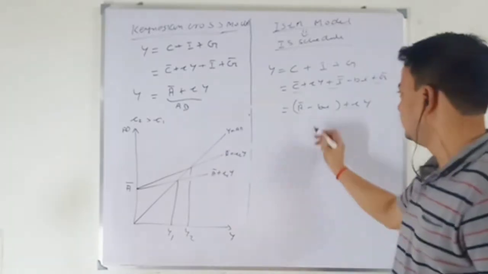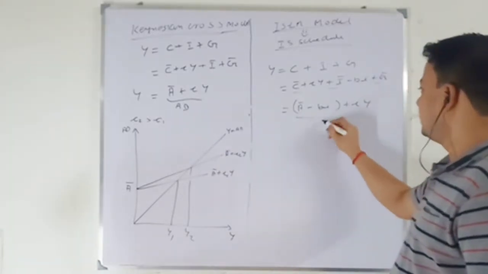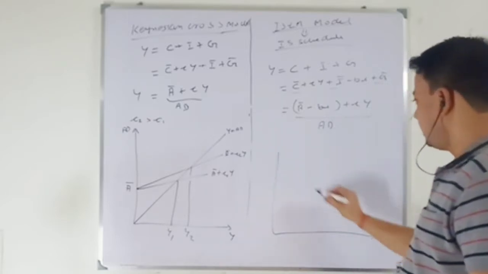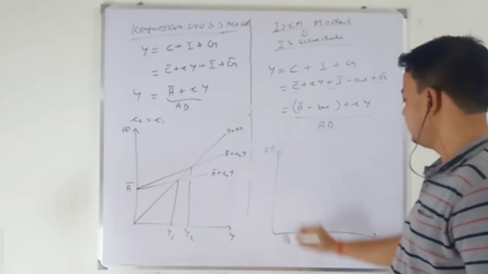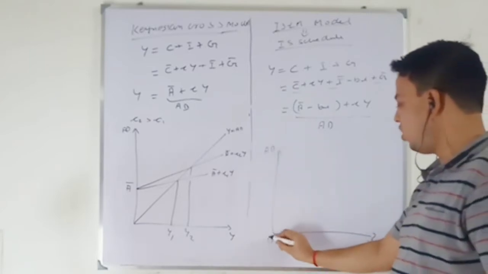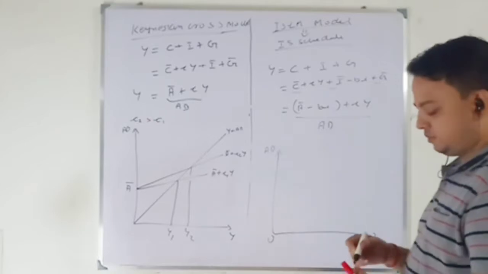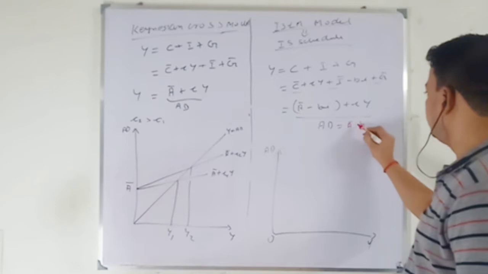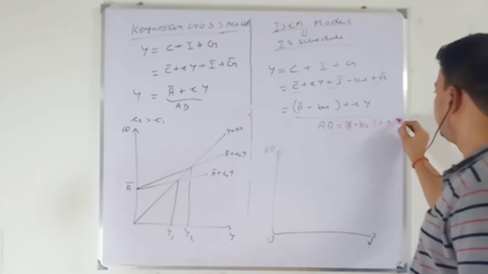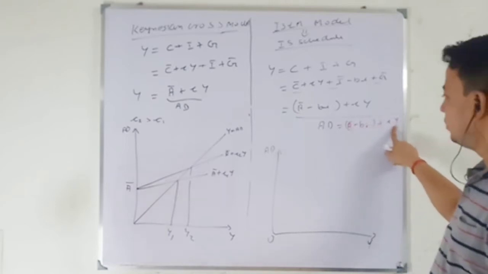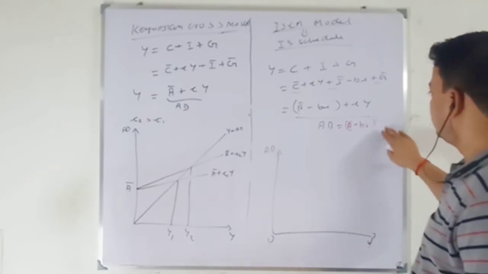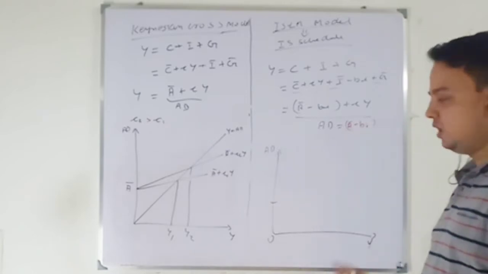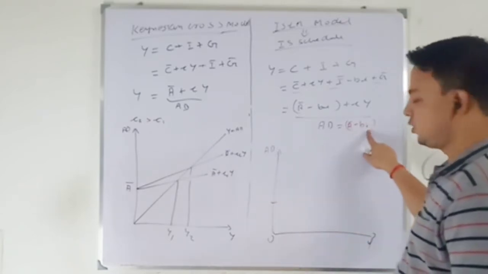Again I am repeating, understand the intercept term. This is your aggregate demand. In a two-dimensional graph, here you write aggregate demand and here output. When your output is 0, this is my aggregate demand. Let me write it again: A bar minus bi, plus small c y. When my income is 0, the second part will not be there, and this will be my aggregate demand. But my intercept will depend on the rate of interest.